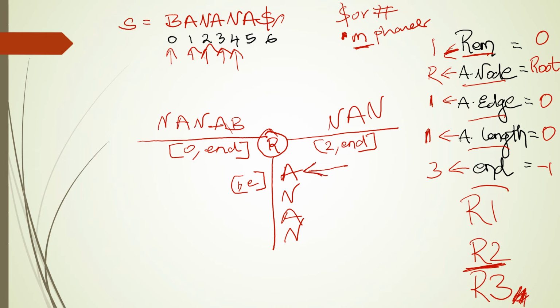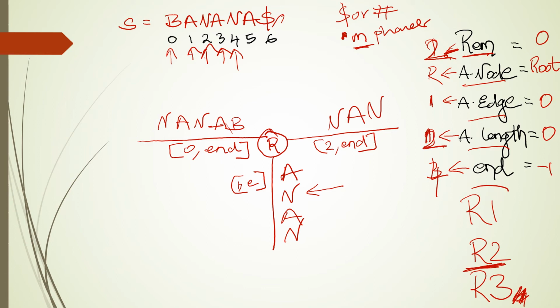So the current position is this. We are not at root now, we are at A. It says active node is root, active edge is A, active length is 1. So A. Did we encounter n? Yes. So we are at n now. And did we increment the remainder? Yes, we increment the remainder. This is 4. And we are at n. So it's all going good, but we also have to increment the active length to 2 for the current position.